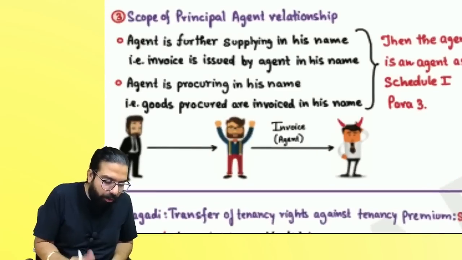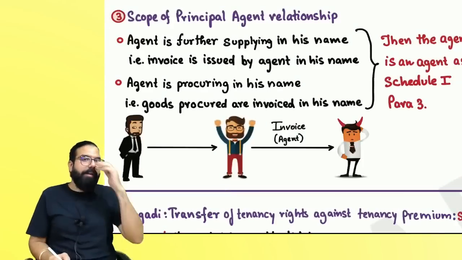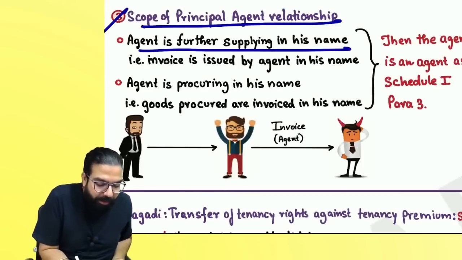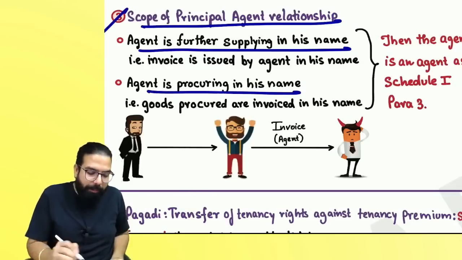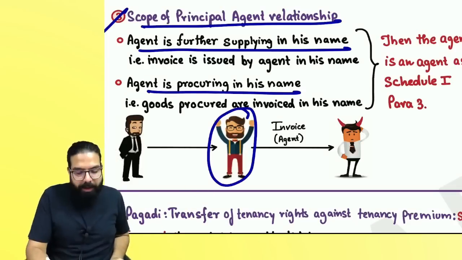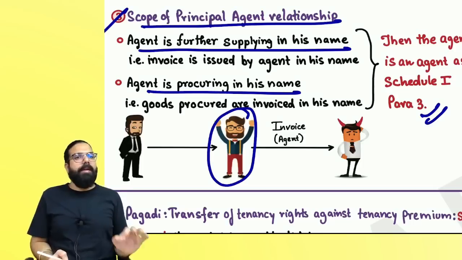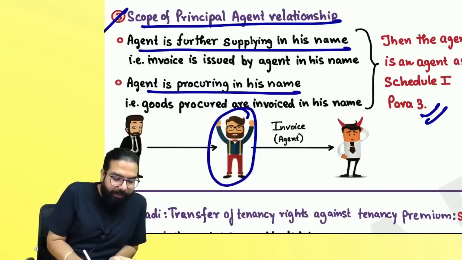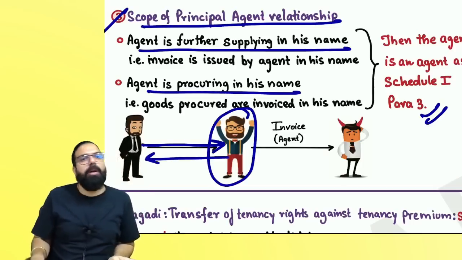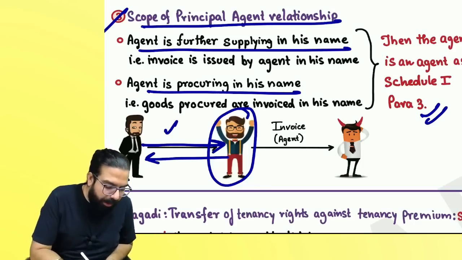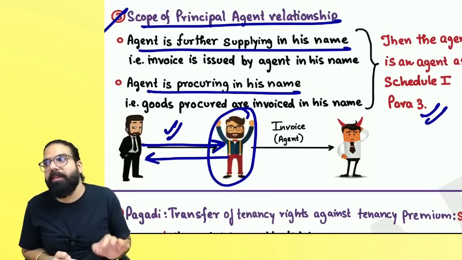I have gone ahead and told over here the scope of the principal and agent relationship. Always remember, if the agent is further supplying in his name, or the agent is procuring in his name, then this kind of agent will always be covered as an agent under section 7.1c. And when the agent is sending the goods to a principal, this will always be covered under section 7.1c, and it will be a supply even without